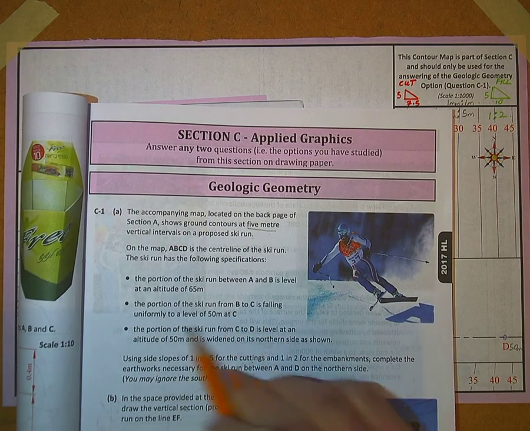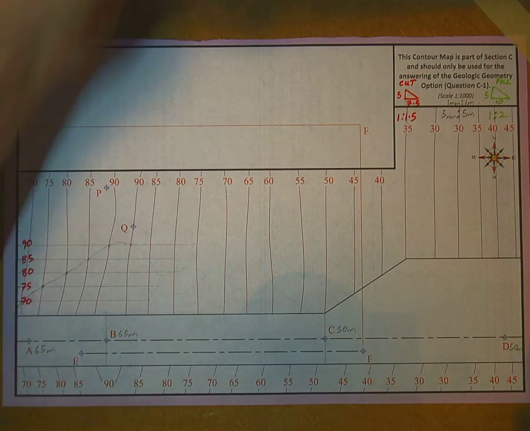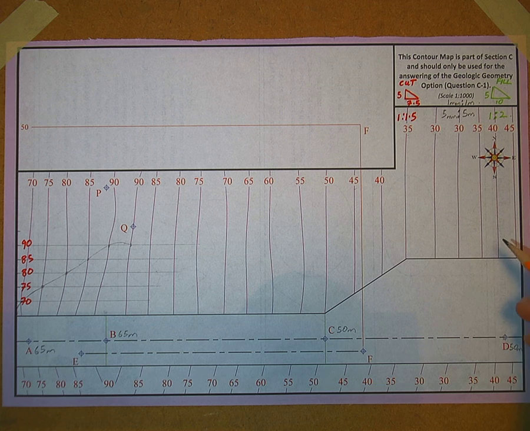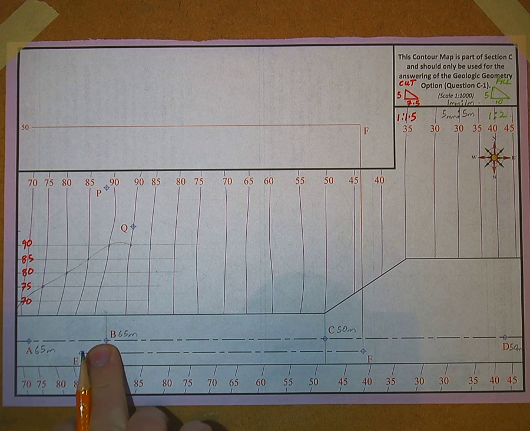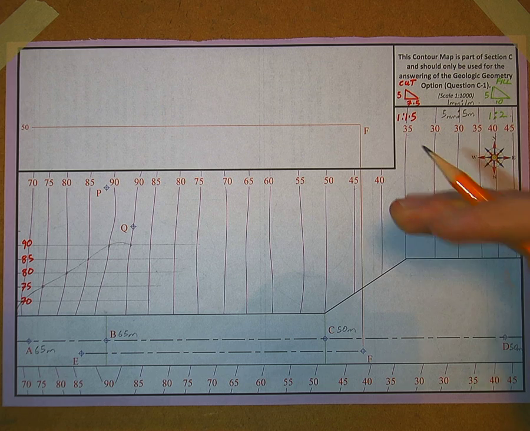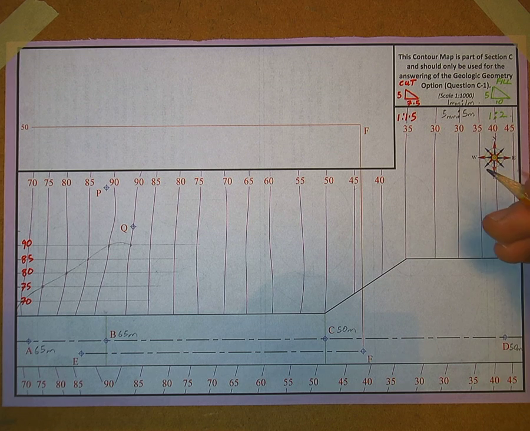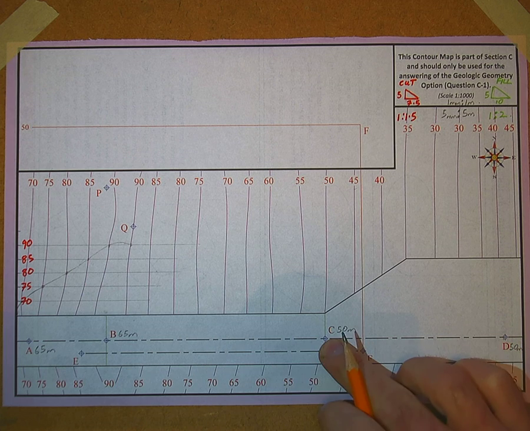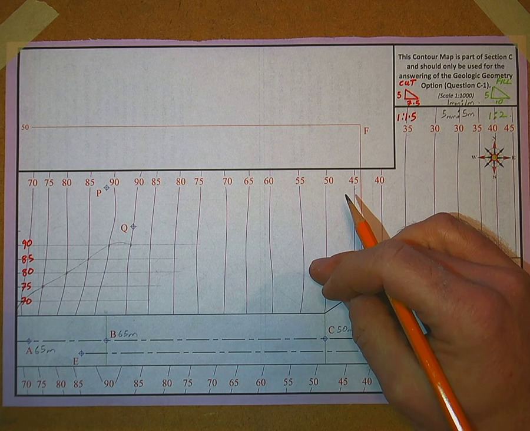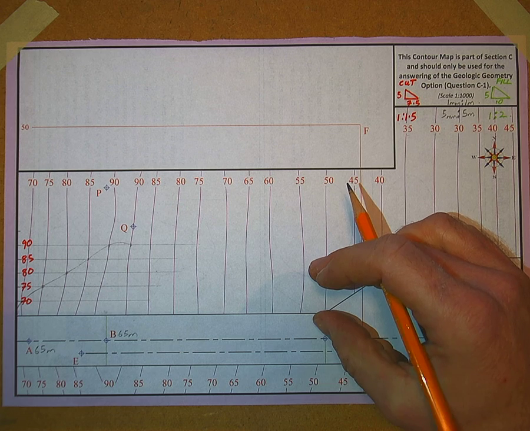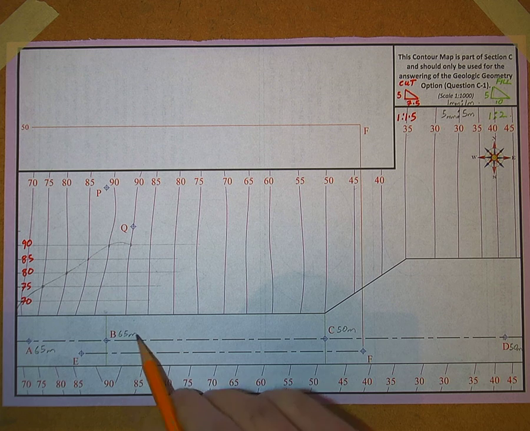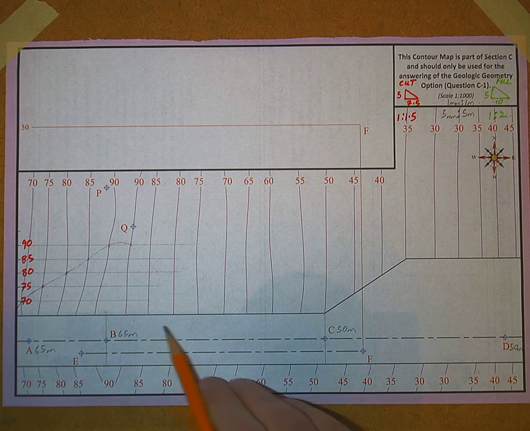Now you're told then, in the second part, the portion of the ski run from B to C is falling uniformly to a level of 50 metres at sea. And we already have that set up there, we have a level of 50 metres at sea there. So if our road drops here from 65 down to 50, our road has dropped by 15 metres, okay? Our road has dropped by 15 metres here, okay? So if our road drops by 15 metres here, we're going to have to come out in whatever ratio we're told to that. So again, if we look here, we're at 65 metres here, and we go down to 50